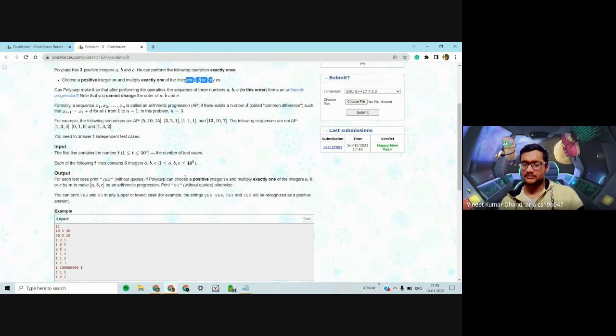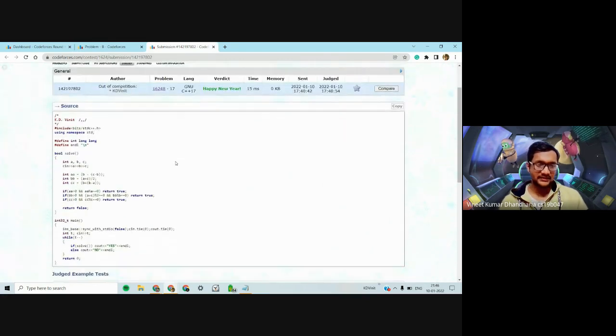This is a simple brute force problem. Suppose we have to multiply m to A. We will find, if the three were in AP, what value of A would make them in AP. Now, can we make our current element A equal to that required value? Similarly, we can do this for B and C. I'll show you the code, which should give more clarity since it's a simple brute force problem.